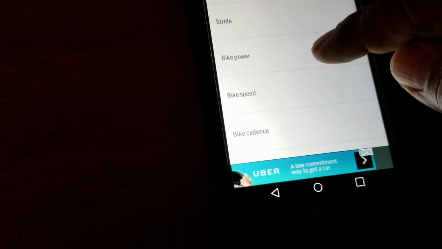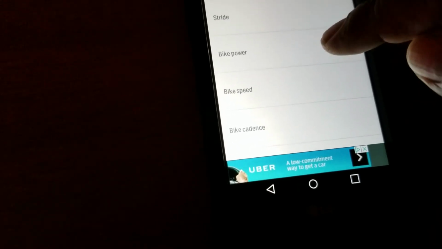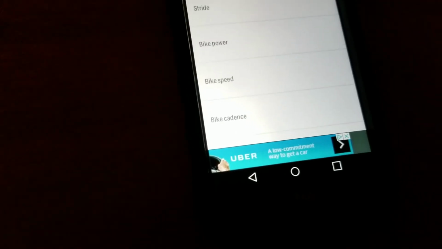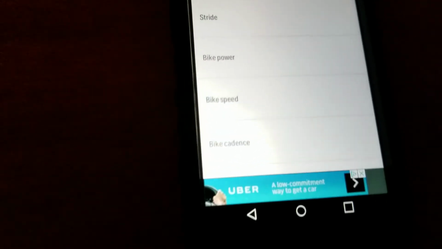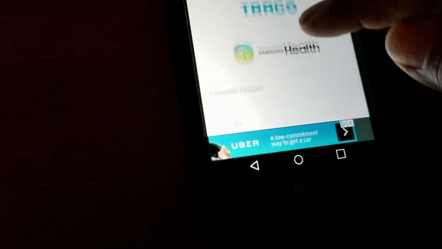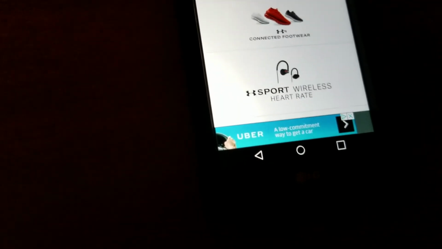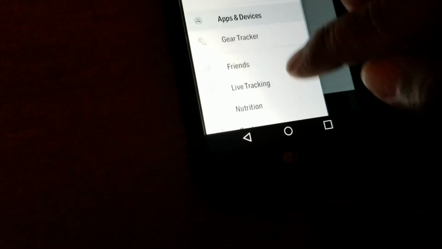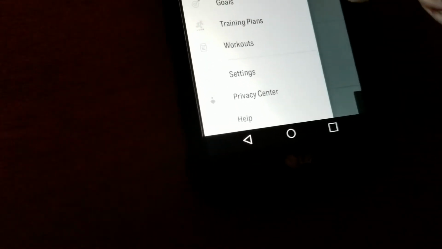There's a bike power meter. Those can be a little pricey. I'm not too sure if I'm even going to ever get one, but I know some people do. The one thing I do have is, if you watch our last video, I explained what bike cadence is. So these are things you can connect to this app. It's amazing. Lastly, and this is important, I should have said this in the beginning actually, but on your settings,